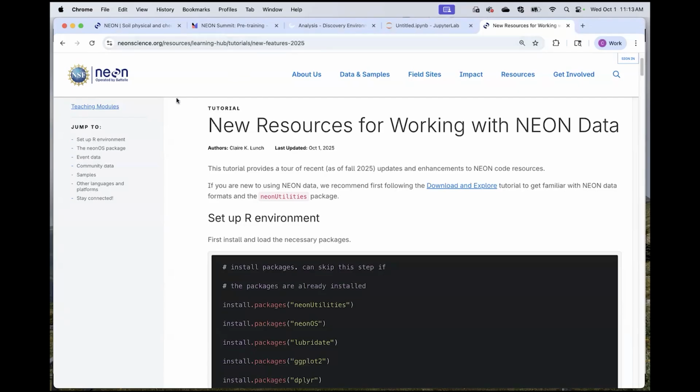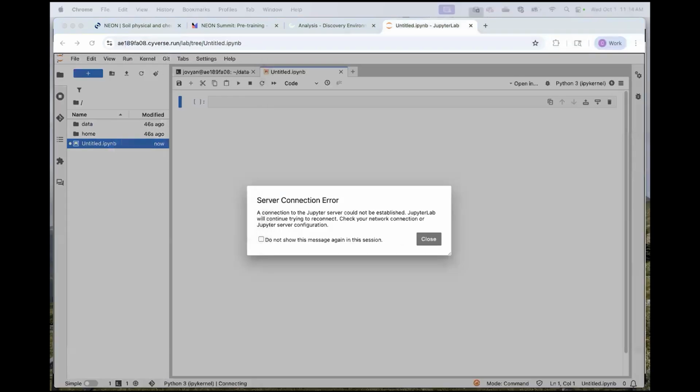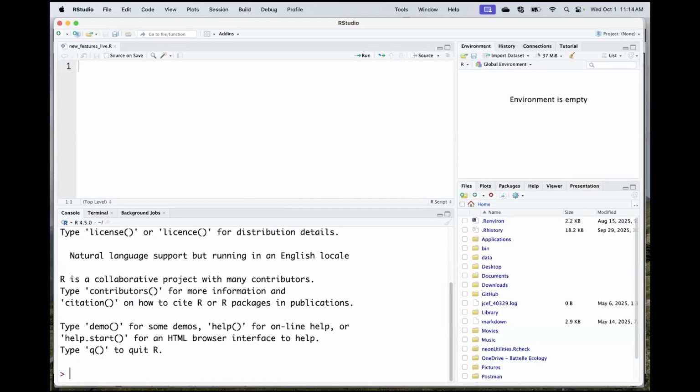So the URL for what we are going to be following is here. This is set up as a tutorial on the Neon website. I definitely encourage you to follow along, but you also don't have to. You can also just watch me, but I think people generally get a little bit more out of it if they follow along. I am actually going to pull that onto my second screen. We will deal with that later and get myself ready. Okay,